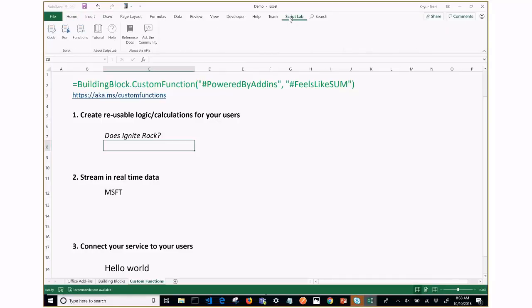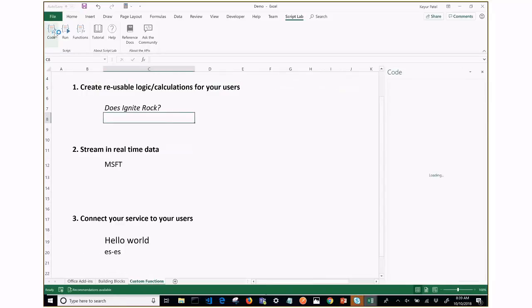It's available in the store, and one of the things that we did announce at Ignite that was coming soon and is now available is custom function support inside of ScriptLab for both Excel and Excel Online. So you don't really have to worry about trying to get the latest Insiders build. Just go to office.com, sign in, open up ScriptLab,